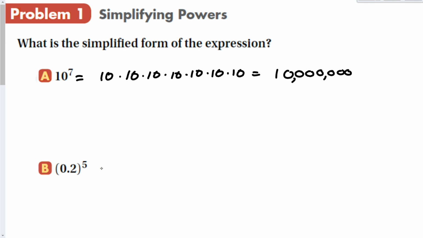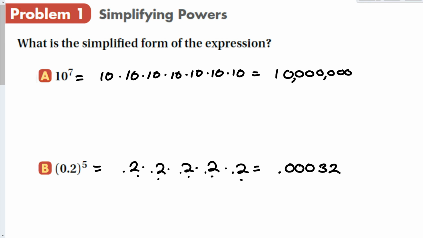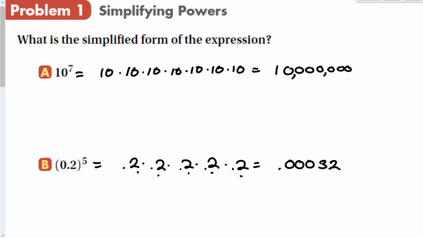And we can do this with decimals as well. So this one is going to be 0.2 times 0.2 times 0.2, 5 times. And we can do that in our head again, hopefully, or with a calculator to give us point. Now there's 1, 2, 3, 4, 5 numbers behind the decimal point, which means that my decimal is going to have 5 places. And 2 times 2 times, if I multiply all the 2's together, that's 32. So we got 0, 0, 0, 3, 2. 5 spots behind the decimal point and a 32. Okay, let's try